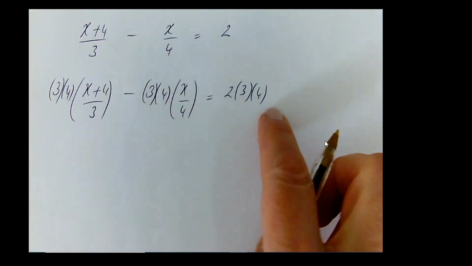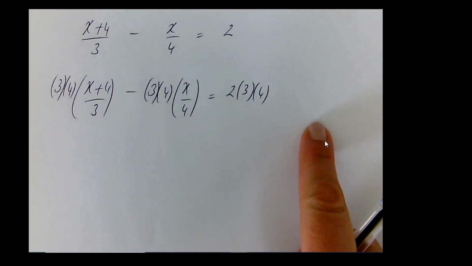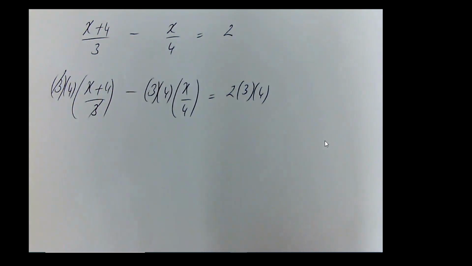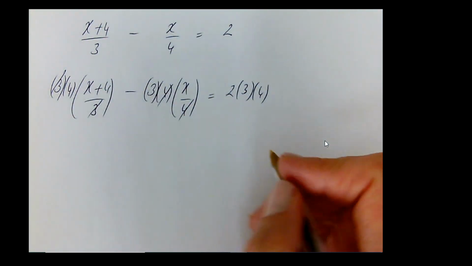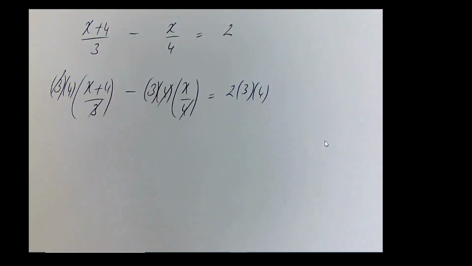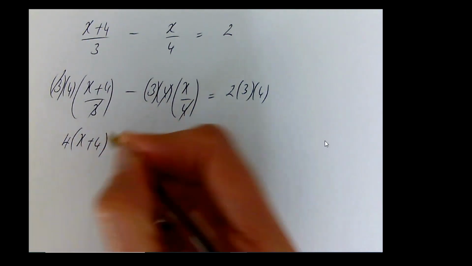So put it in brackets because that'll remind you to times everything and set it all up for yourself in the next step. So now that 3 cancels with that 3, because that's what you want to have happen, and that 4 cancels with that 4, and what you're left with, and again, don't do it all in one step, write it out for yourself first to avoid mistakes, is going to be 4 times x plus 4,